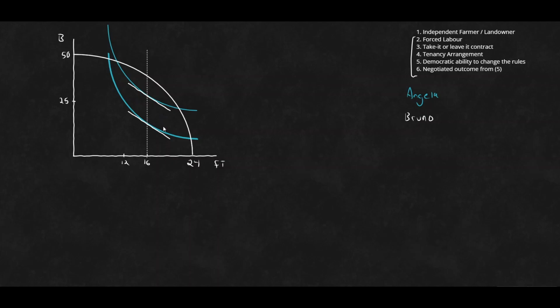Those other two cases are just two other possible scenarios. In fact, that third one introduces an infinite number of scenarios. But the reason we want to presume that Angela's indifference is just increasing in terms of bushels is a simplifying assumption, because what this allows us to do is, oh, let's try that again.